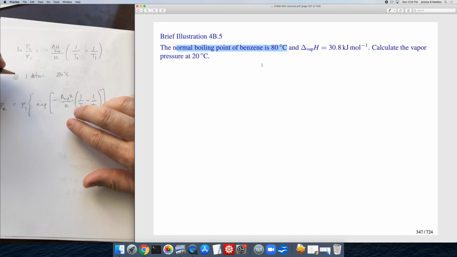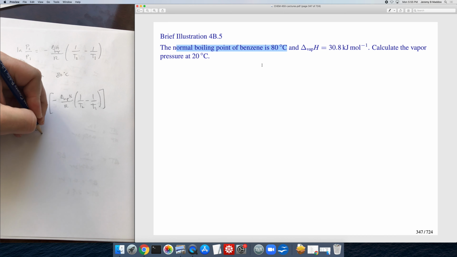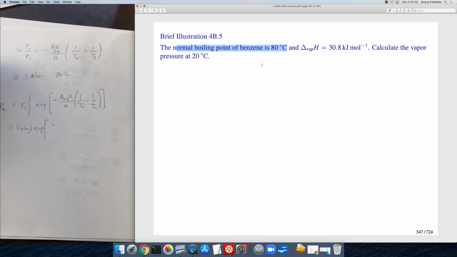And then we need to plug in the numbers, converting the units to Kelvin. So for the initial pressure, it's 1 atm, and then it's EXP, and then we'll have this minus